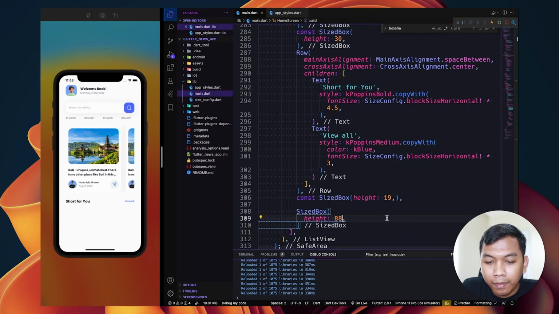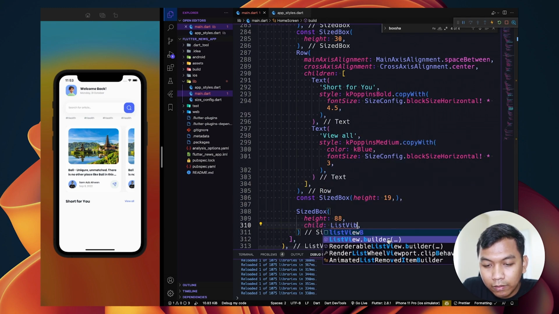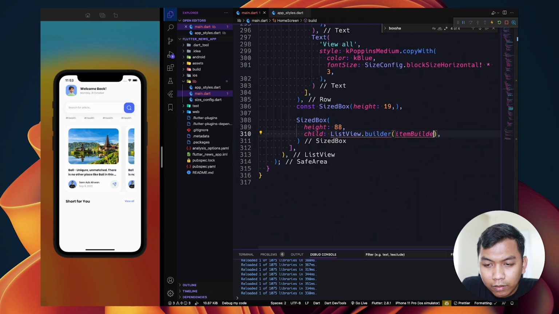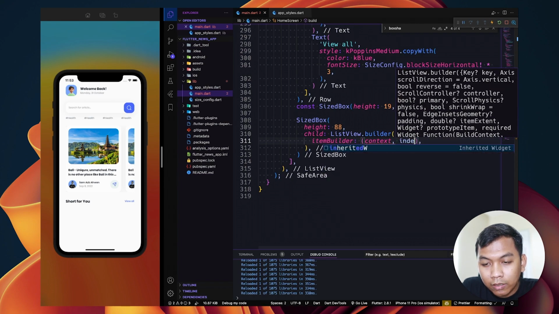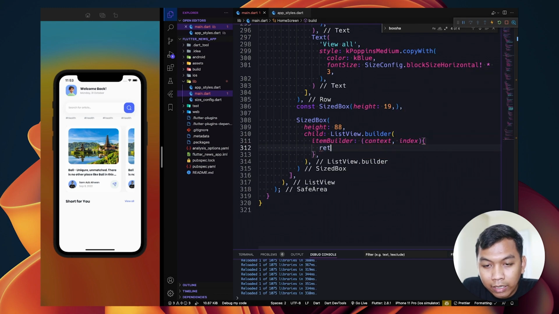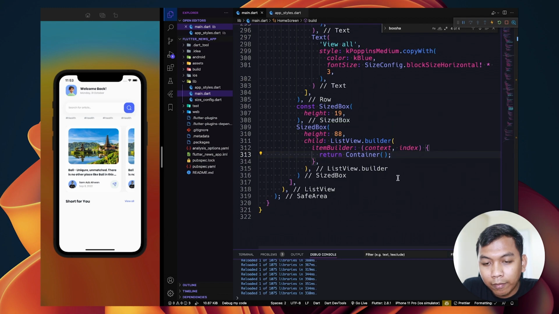Alright, and we will have the child list view dot builder. And as usual, we need an item builder that contains 2 parameters, context and index, and here we need to return something.